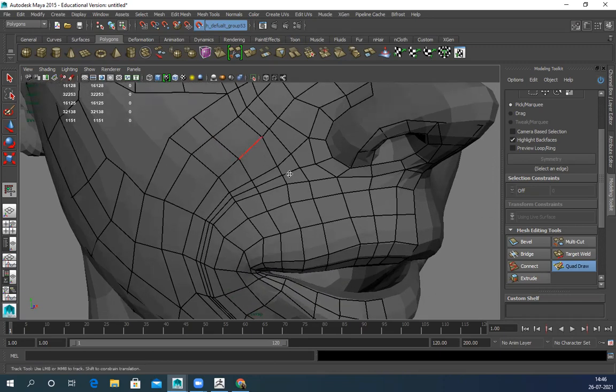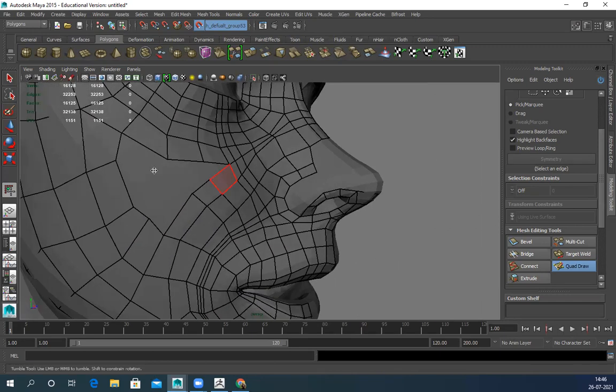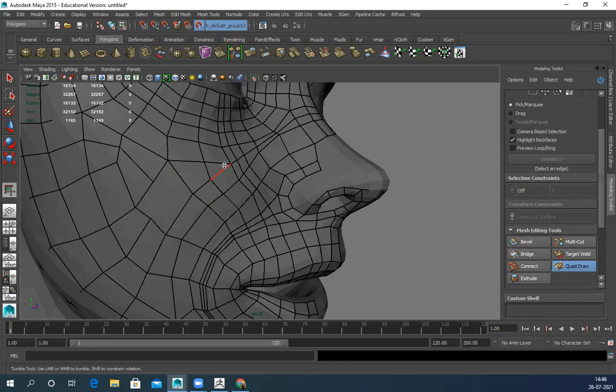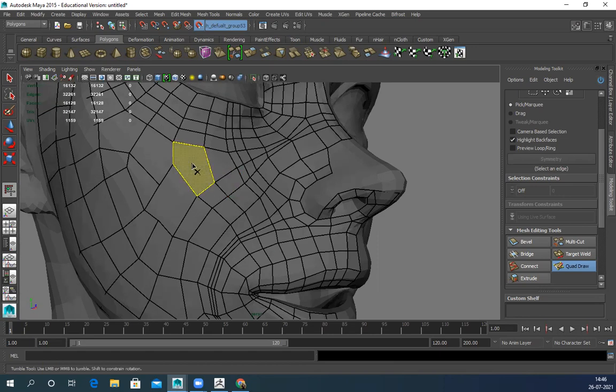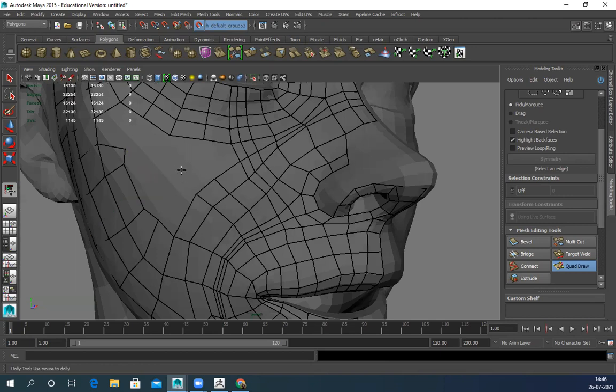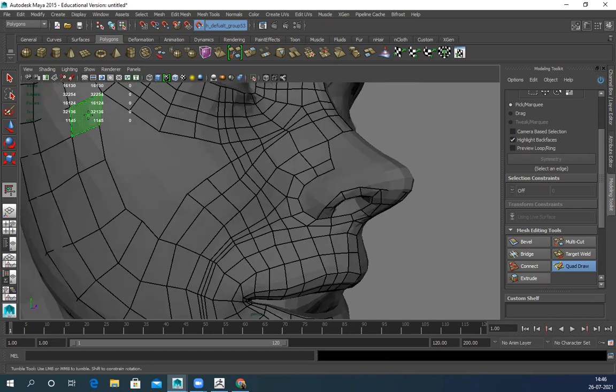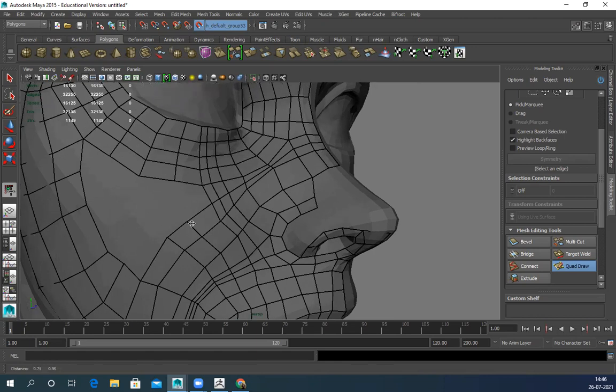This triangle cannot be there. Not nice. Just fine. This triangle I have to fix. Okay.